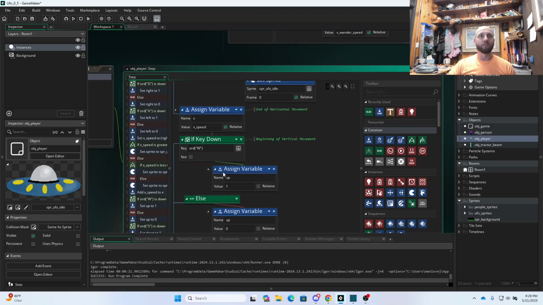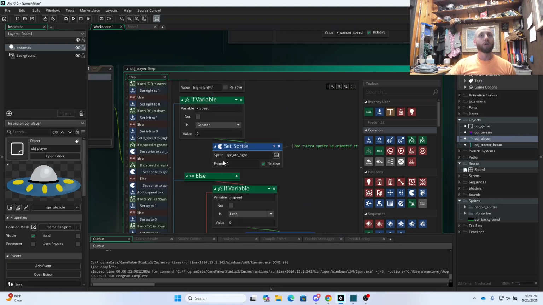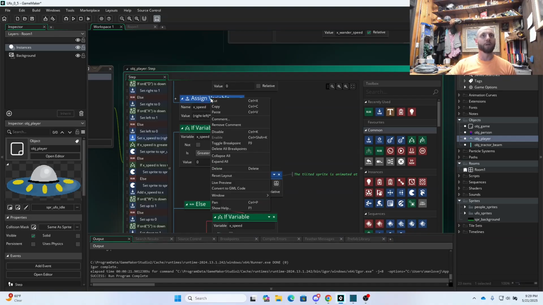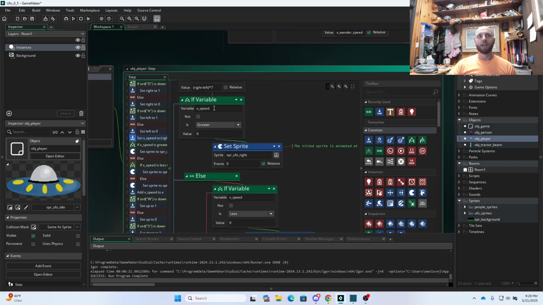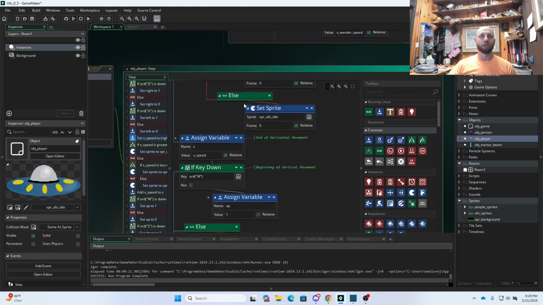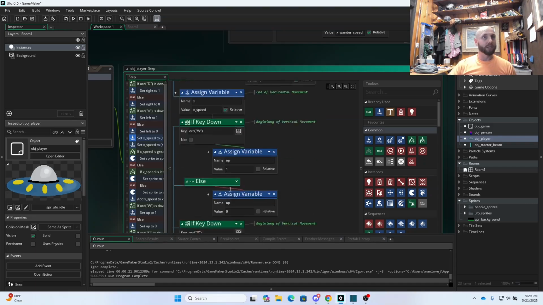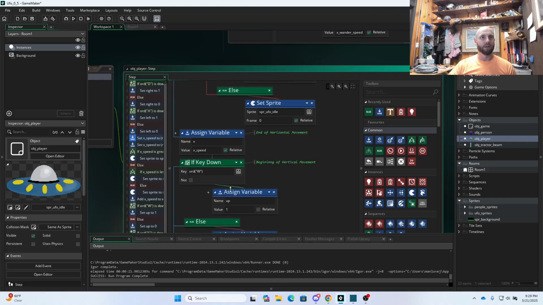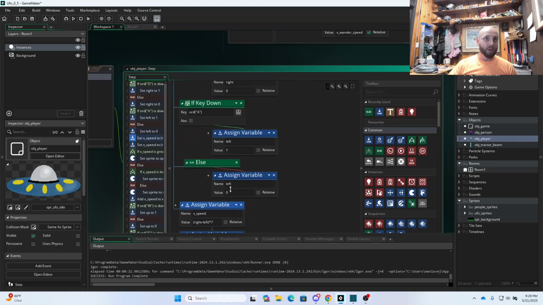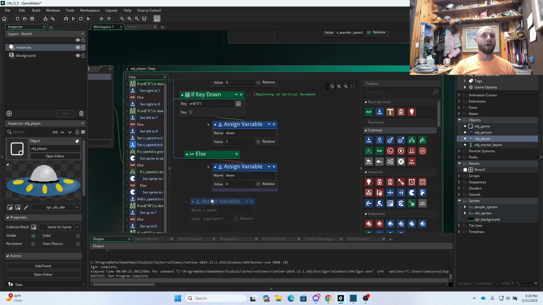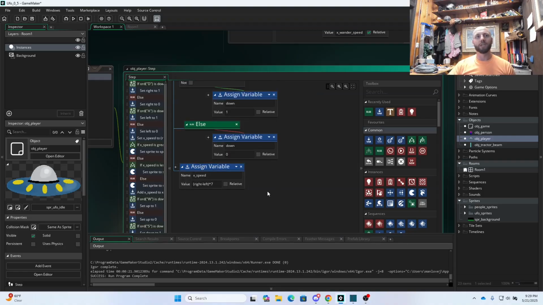and do some changing. So looking at our other code, right, we're assigning a variable to x speed, which is this right minus left thing. So I'm going to copy that. And then all the rest of this is just controlling which sprite we're using. So I'm not going to need to copy any of that because our ship isn't going to change orientation if it's moving up or down. So